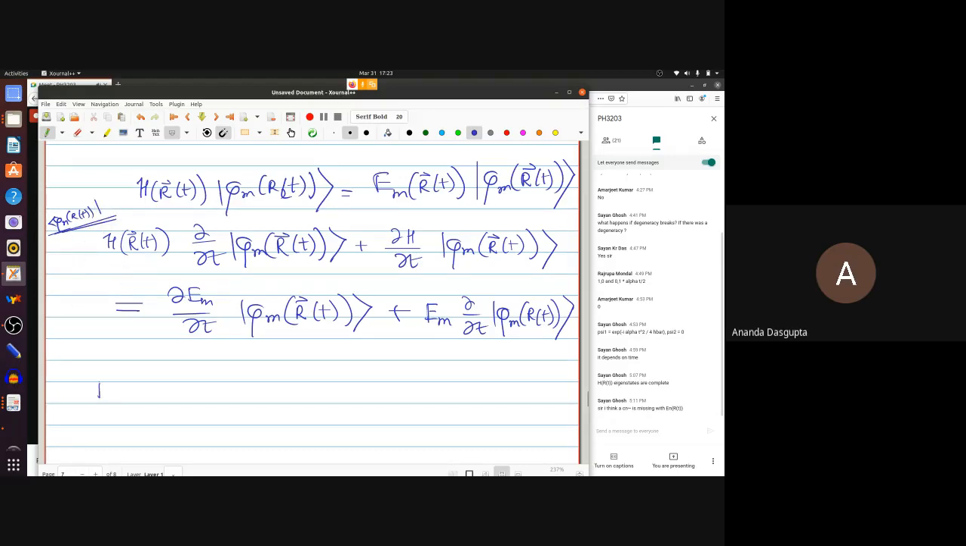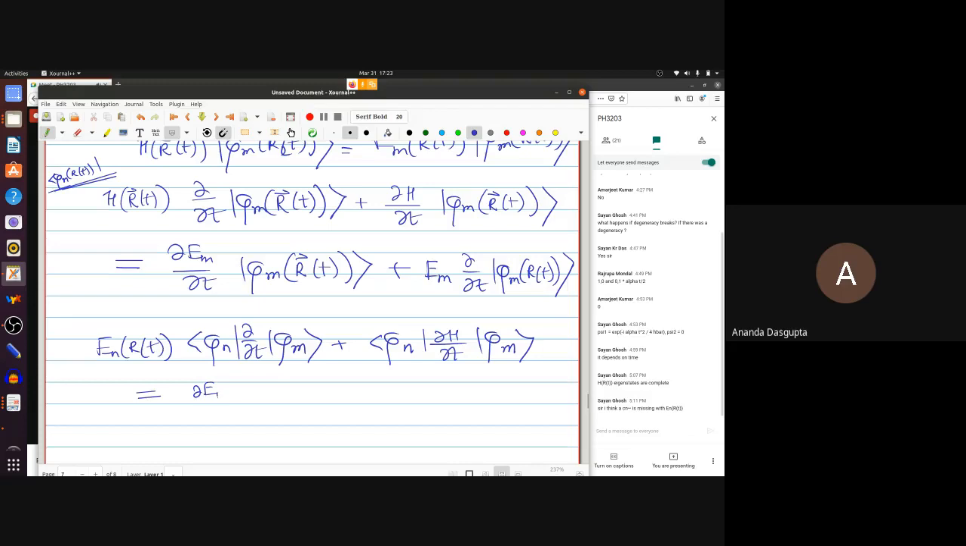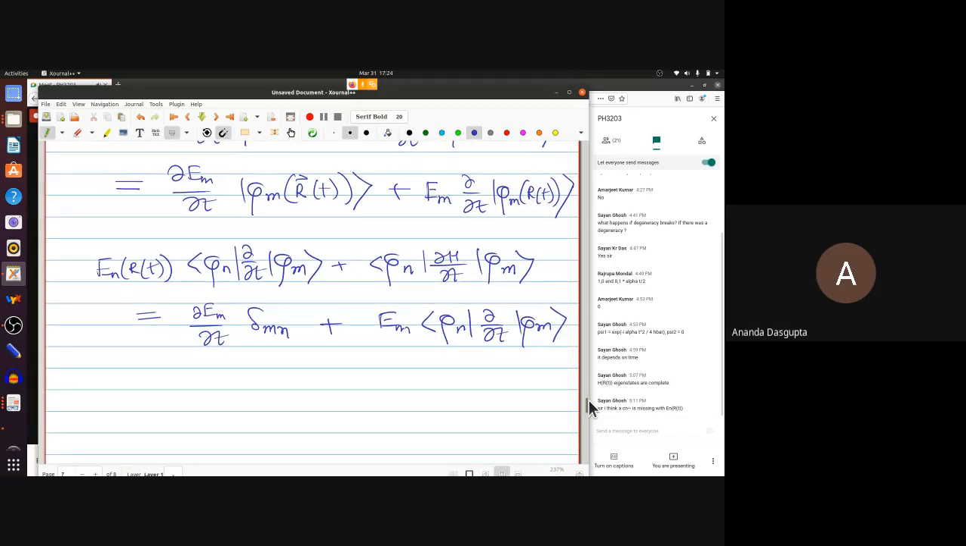So when bra phi n hits the H, that of course gives you E_n(R(t)) out. I'm just shortening my notation a bit. I'm not writing R of t here because you all know that there is an R of t here. And what does this equal? This equals... okay. So now